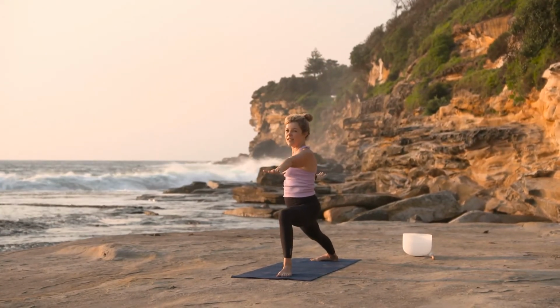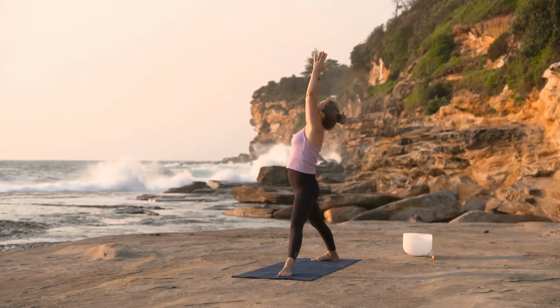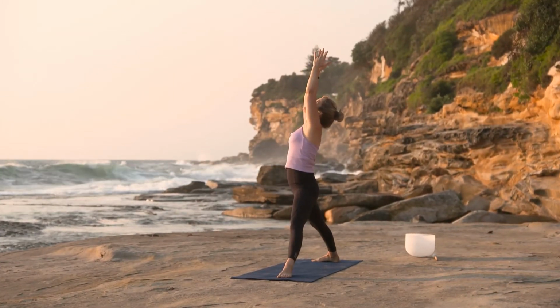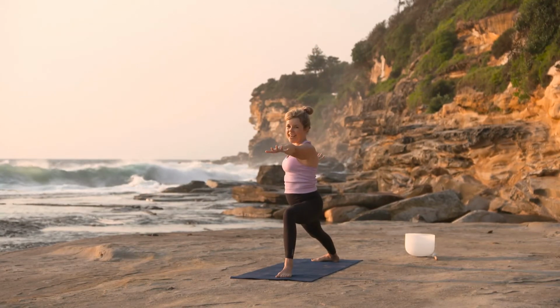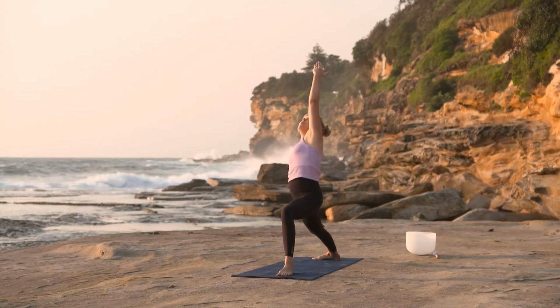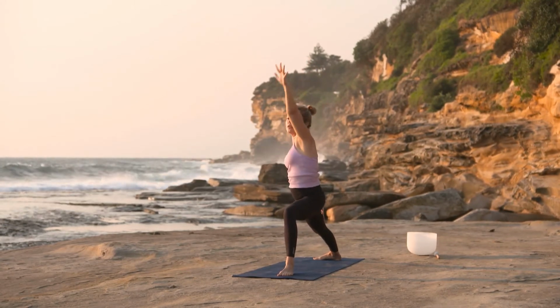Exhale down. Inhale up. Exhale down. Inhale up. Exhale down. Nice. Let's reverse our warrior, extending that hand, reaching it forward, up and back, and then flowing through into our side